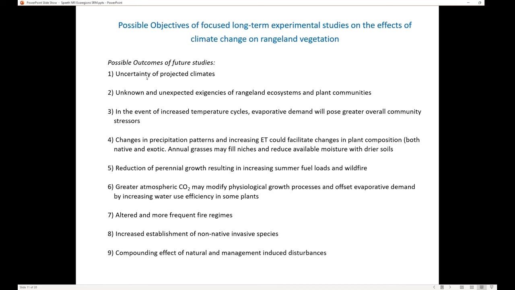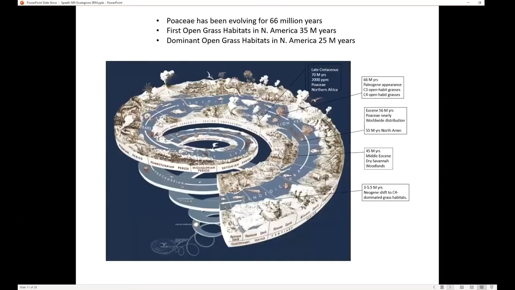Obviously, we could look at maybe the uncertainty of projected climates. We could look at the effect of, for example, greater atmospheric CO2, the results of reduction in perennial plant growth, the establishment of non-native invasive species, and the effect of more altered or more frequent fire regimes. So when you think about climate change and rising CO2, I thought it would be interesting to quickly look